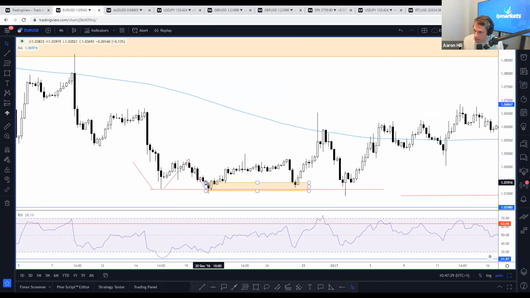But in this case, we apply a kink, what I call a kink. It forms around where the bear trap is. So the bear trap forms, price rallies, forms the kink, and continues higher. Okay, and then after the QM is confirmed by making the higher high, we then trade the return. Quite simple. And look at the move we got from there. Very nice. This is on the H4 as well.